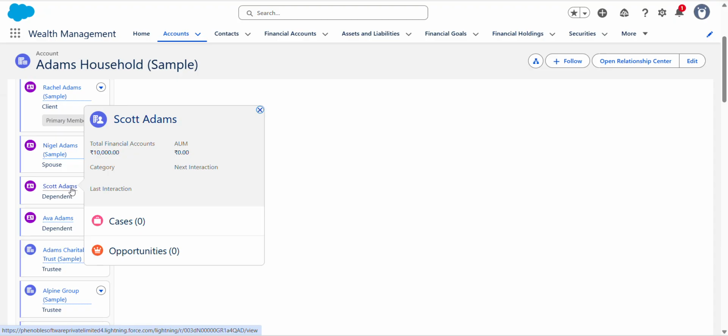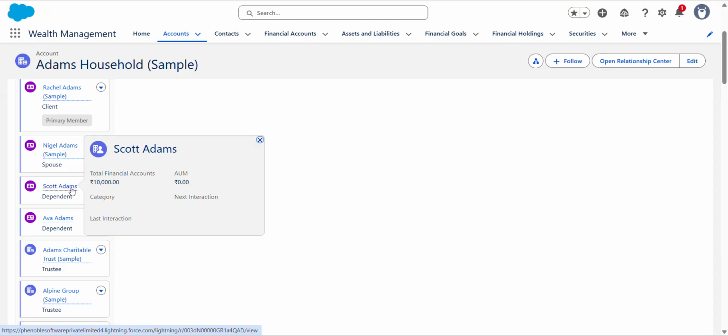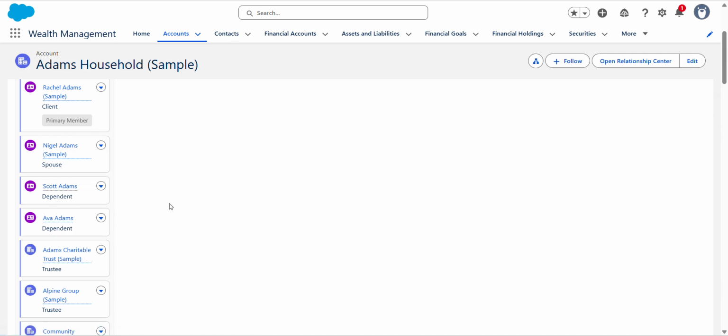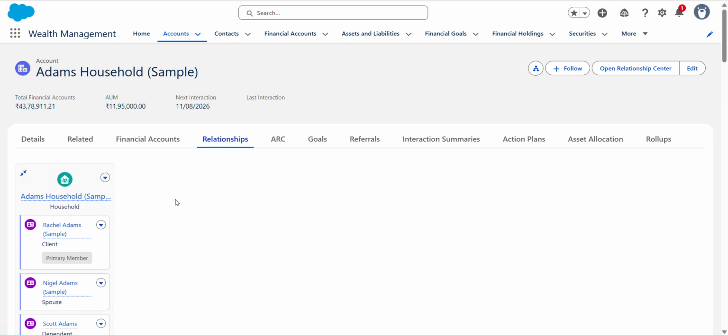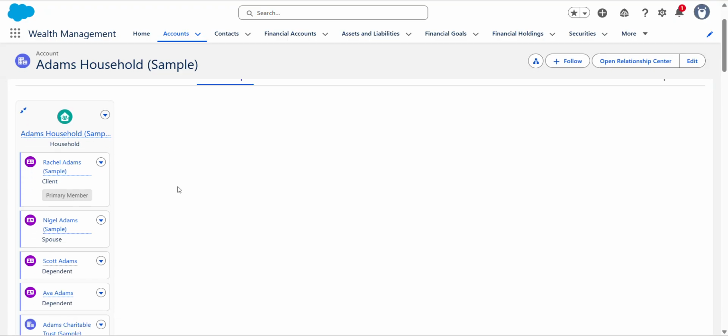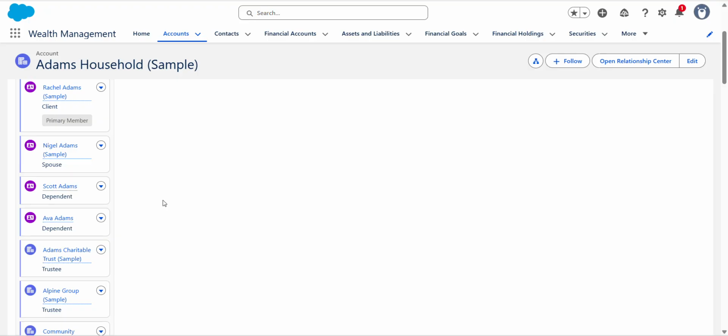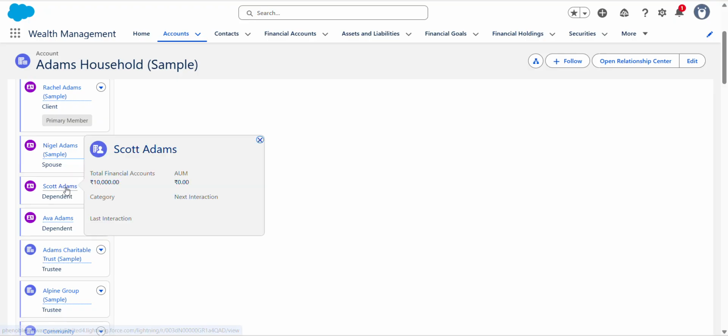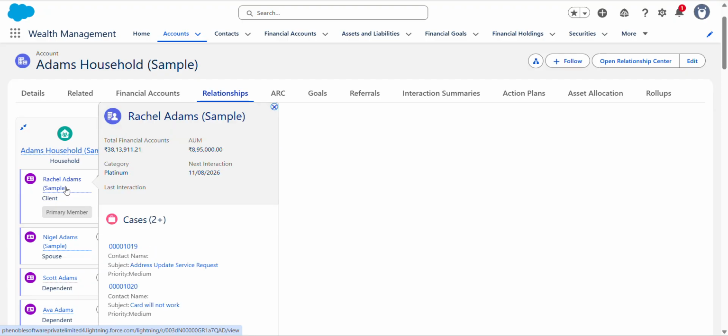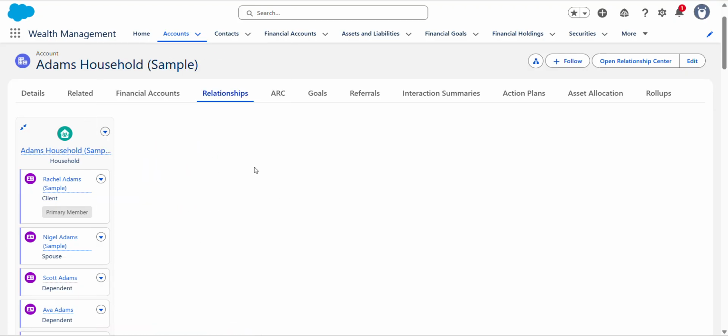So this is how we can solve it if one person is the primary group for another household, right? What we should do for that is disable the primary group for that other household, right? After that we can make Scott Adams the primary group for this Adams household, right?